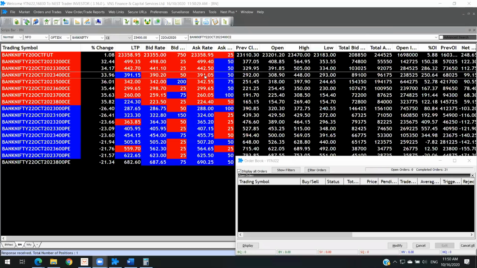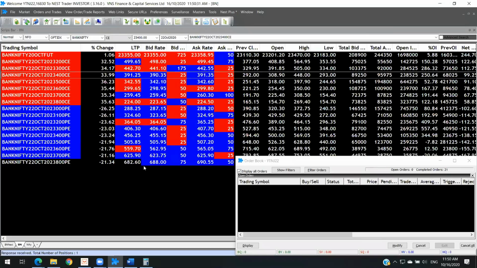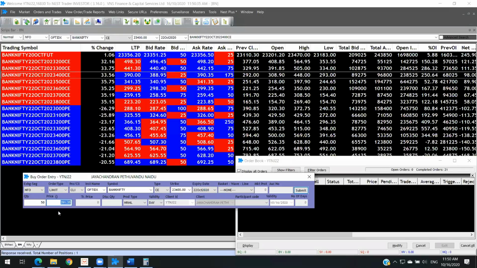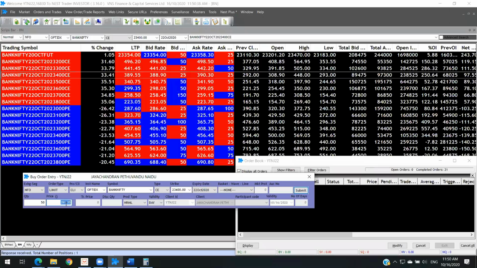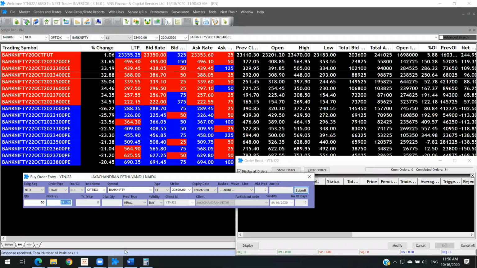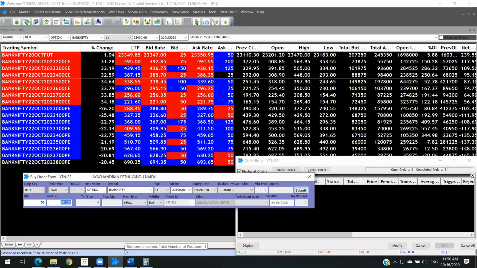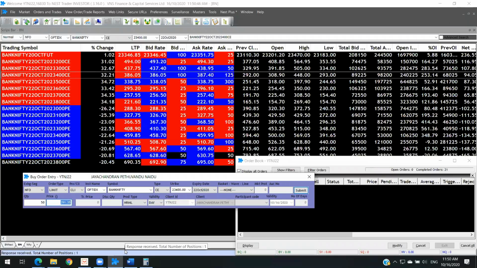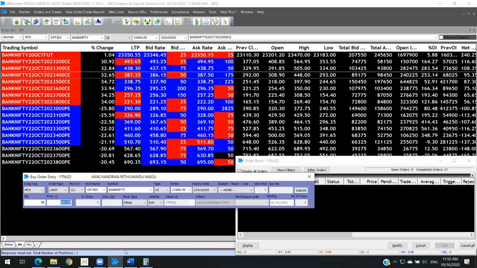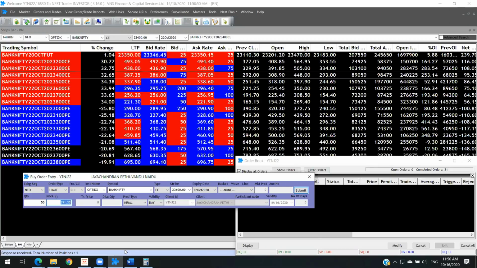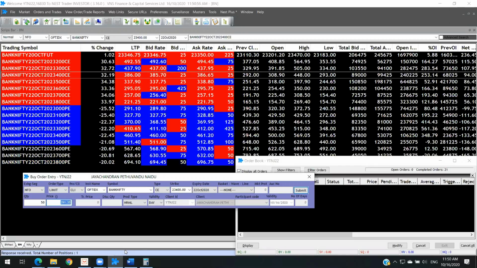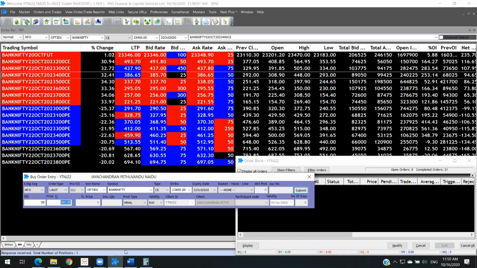Guys, when you bought it at the lower level, that means you have to keep the trigger price higher. What it is saying is, even though my stop loss is like 390, if the trigger price comes to 392, anything between that range, you trigger all the prices, I'm happy. That means what you're trying to tell the system is, I bought it at 380. Now I have placed my stop loss at 385 and 390 is my trigger price. So it will only trigger your stop loss when it hits the 385 mark.